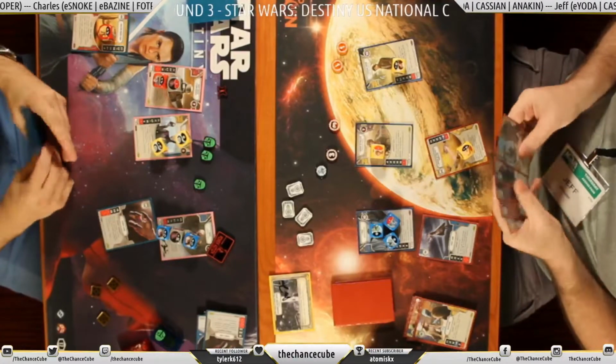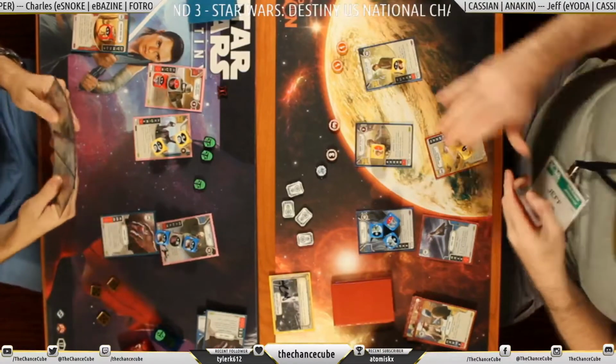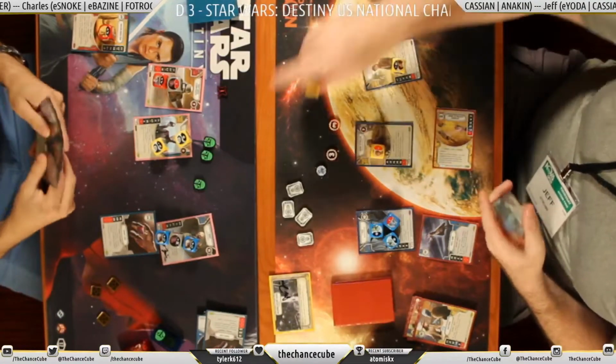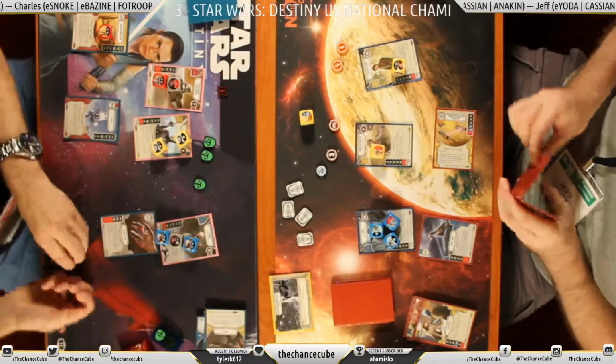Maybe he'll just go ahead and throw out the pod racer to get it going. He's still holding that hyperspace jump in case something happens. There's not going to be much of a big show of force early on in this turn. He just dealt, of course, the